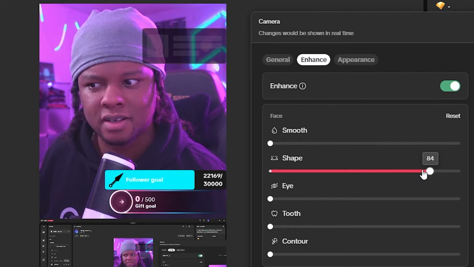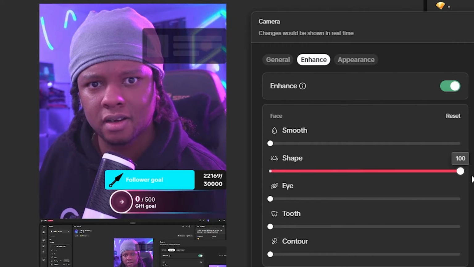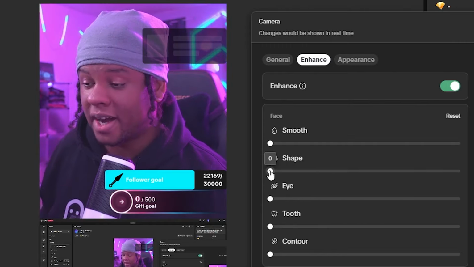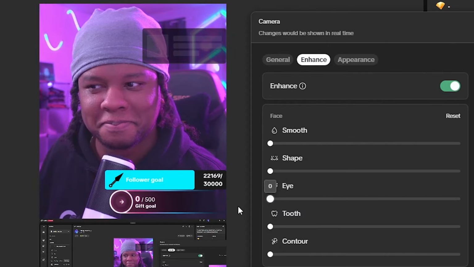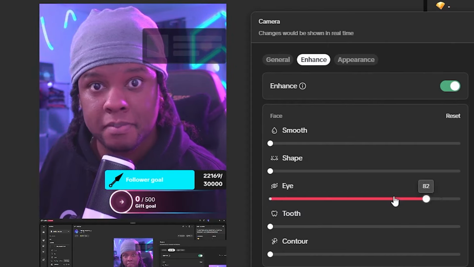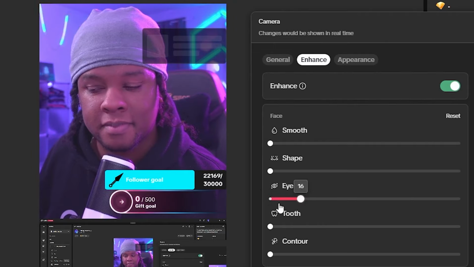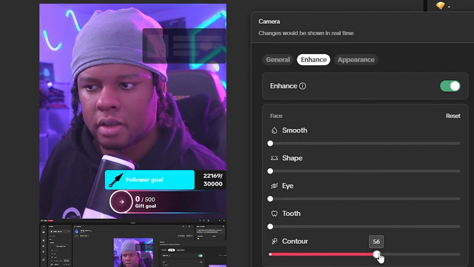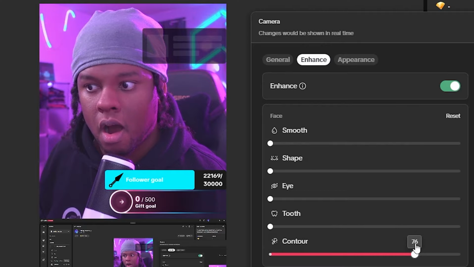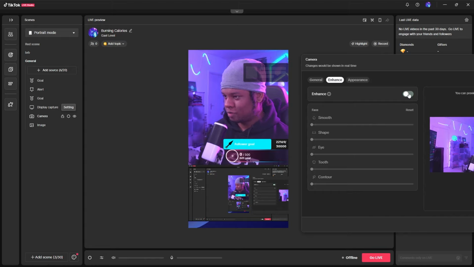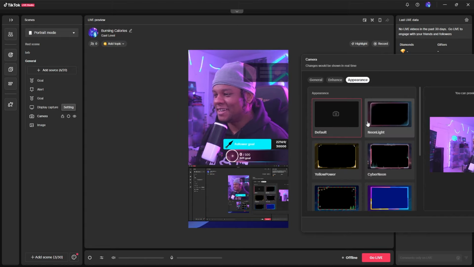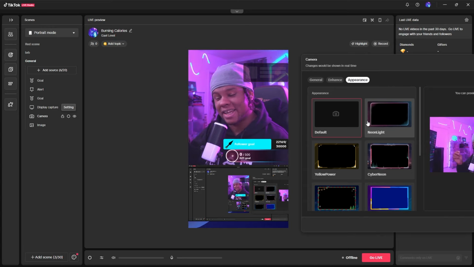What? Oh my. Eyes? Contour. Well, that's weird. Anyways, appearance, and this is where you can actually add a camera overlay directly to your camera,